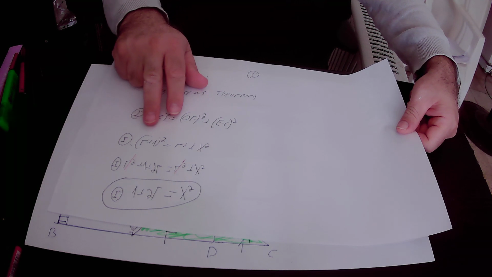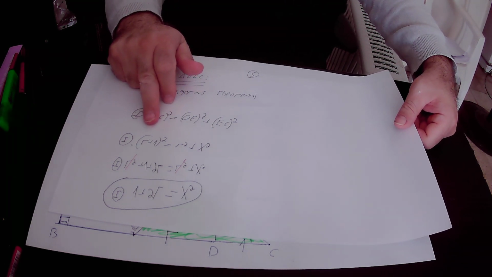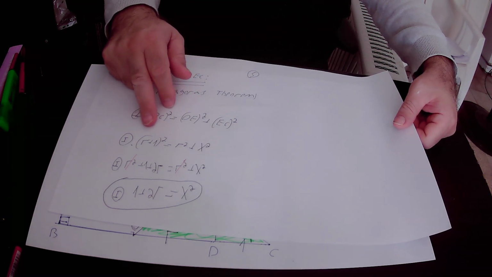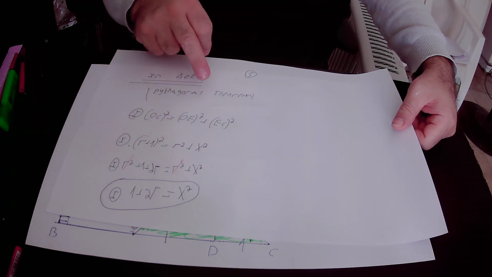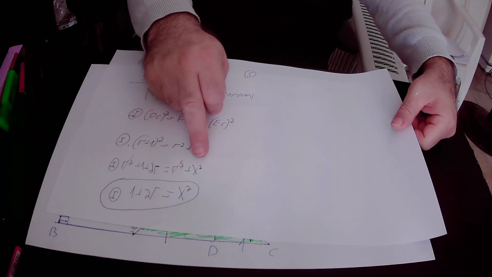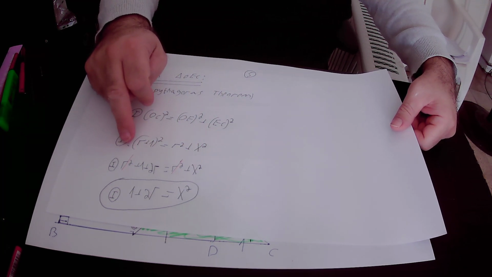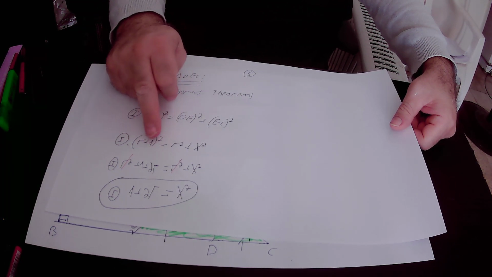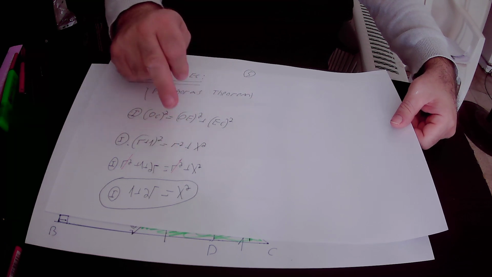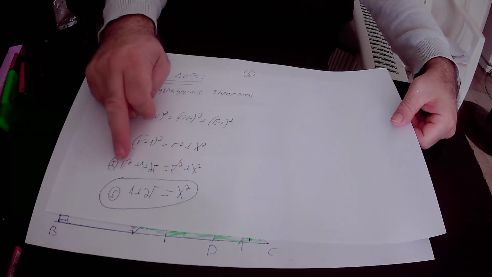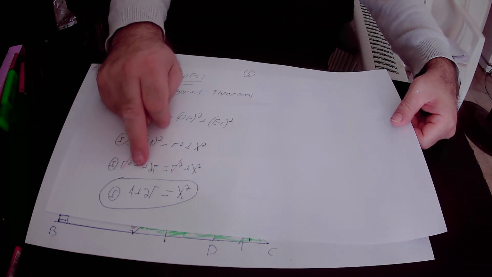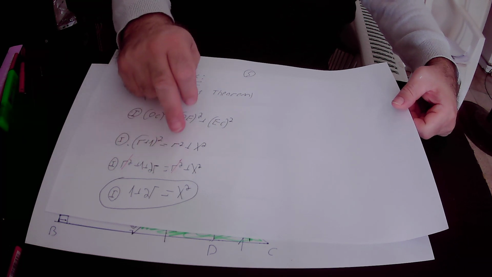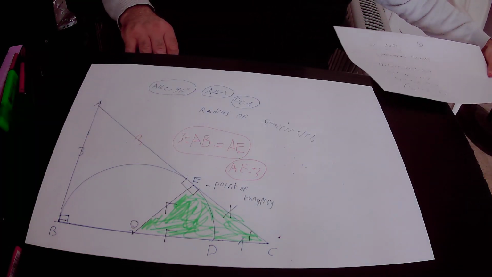We open the brackets on this side of equation number 1, and we get that (R plus 1) square equals R square plus 1 plus 2R, and all equals R square plus X square. We subtract R square from equation number 1, and we get that 1 plus 2R equals X square. So we have this equation, equation number 1, that states that 1 plus 2R equals X square. Okay,